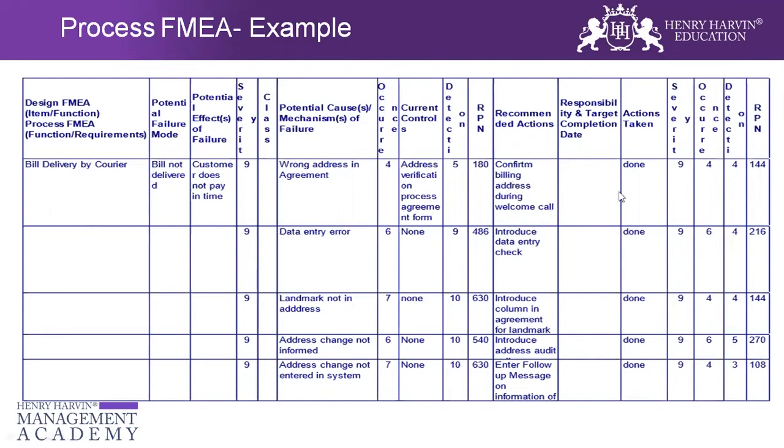And then I will give a responsibility and target completion date to the person. And then I will do the RPN again. Okay. Here again I identified that this is greater than 100. So in that case, I will not accept. So I purposefully took this example to make you understand how critical the FMEA exercise is, which helps us